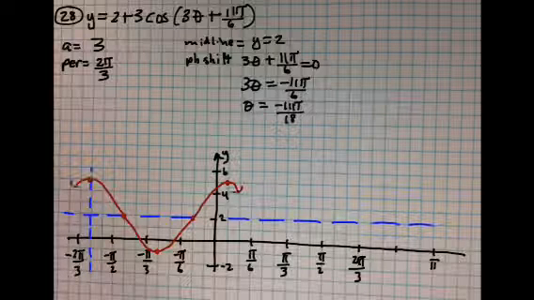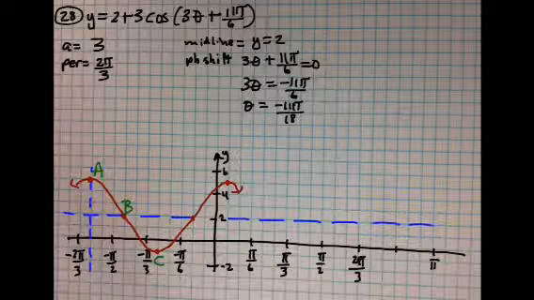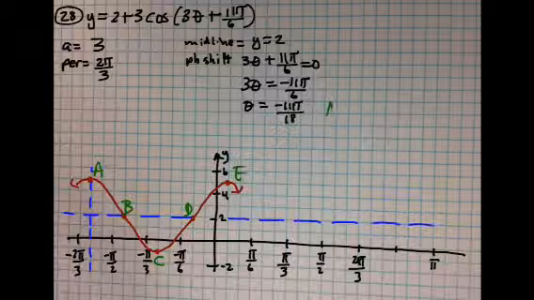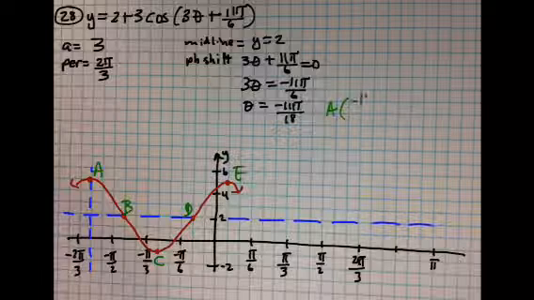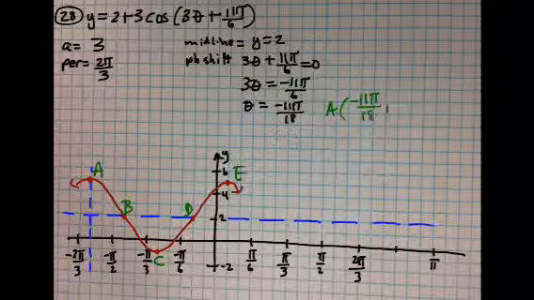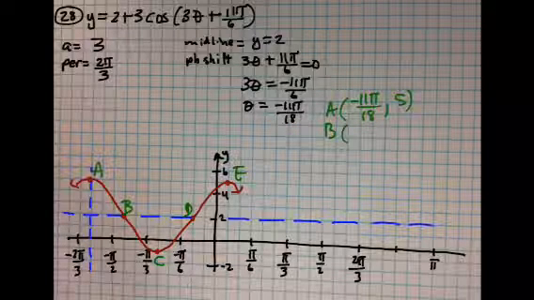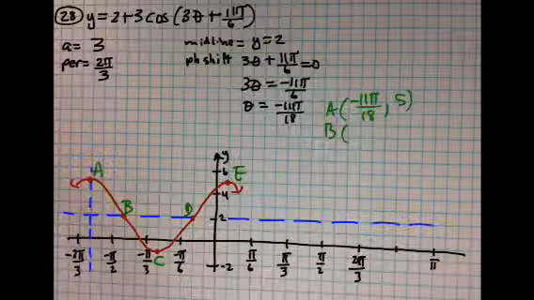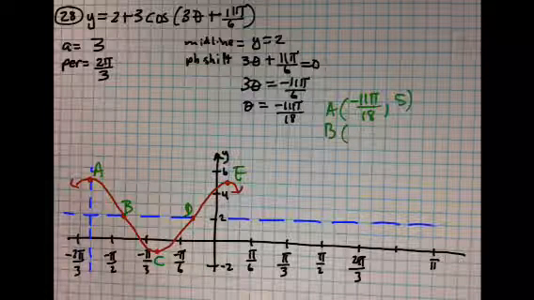and that's it. So we're going to label this A, B, C, D, and E, and we're going to name them over here. So that's going to be negative 11 pi over 18, 5, and B is going to be negative, let's see, 3, 6, 7, 8 elevenths, no sorry, 8 18ths, so that's going to be 3, 6, 7, 8, that's going to be 4 ninths,